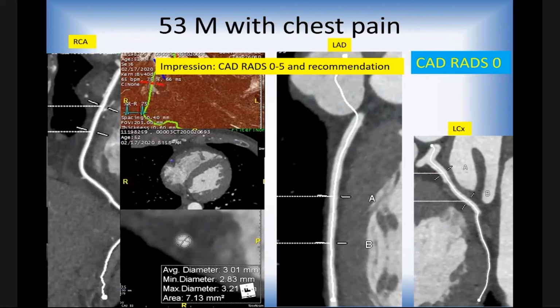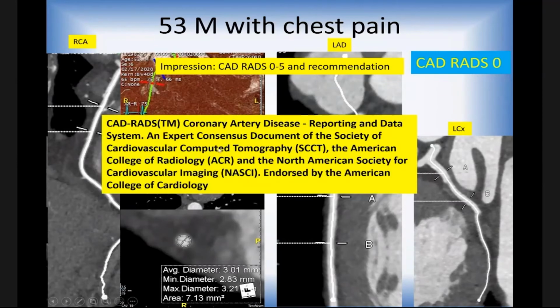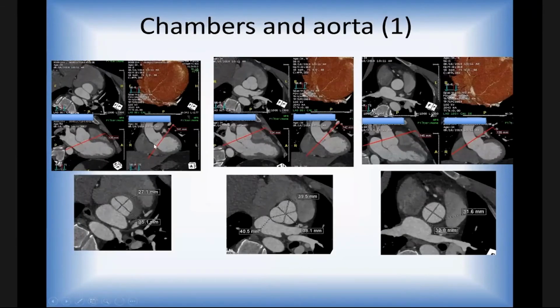And where is it coming from? CAT-RAD is from this article. It's from a consensus of many experts, from SCCT, from ACR, from NASCI, and from the American College of Cardiology. So you can look this up. It was published in 2016. And besides doing this study, we can also look at the aortic